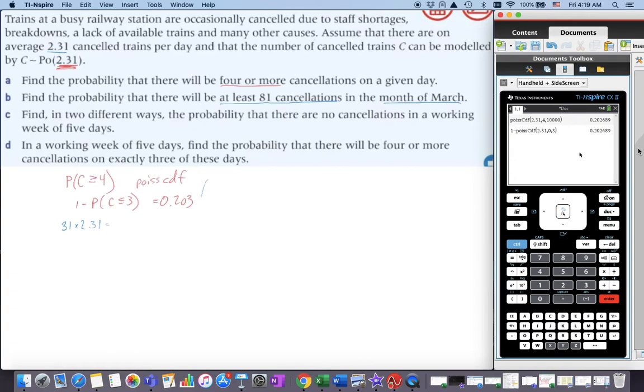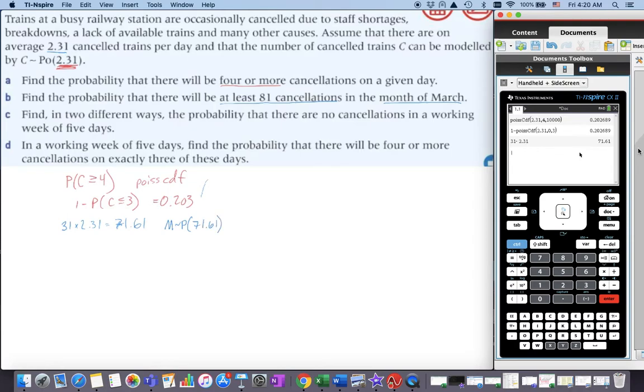And we should get 71.61. So that is the new parameter for the month of March. So now we're going to do the new variable, I guess we could call this M, is a distribution of Poisson with the parameter of 71.61.